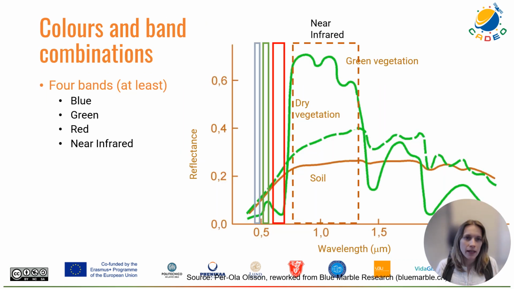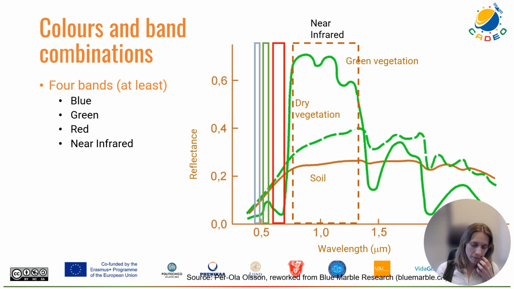Right. It's also important to be aware of the different colors and band combinations. With visual image interpretation, we usually work with 4 bands at least. We work with the blue, green, red, and near infrared. And if you have heard a lecture about electromagnetic energy, you know that these different colors have different wavelengths, different places in the spectrum, and the blue, green, and red are the visual wavelengths, whereas the near infrared is the wavelengths that we cannot see, that are above